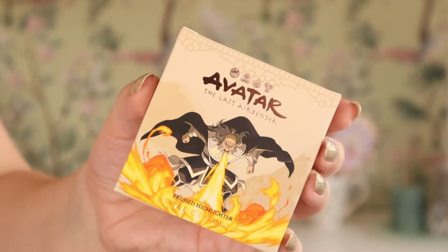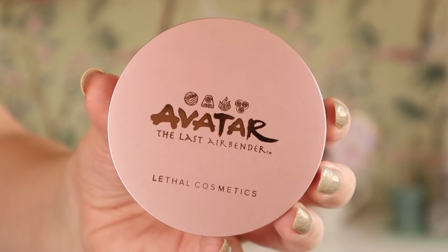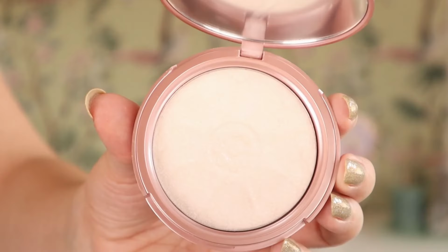Okay, next up we have another Avatar The Last Airbender product. I think this is the last one I have to try. So this is the pressed highlighter, the White Lotus pressed highlighter. This one is like the Uncle Iroh highlight, and I should have made some jasmine tea, but it's a bit too late in the day for me to be drinking green tea. But I love Uncle Iroh, and just all the references to tea. I love tea. So this looks absolutely beautiful, and this is a very shifty, shimmery